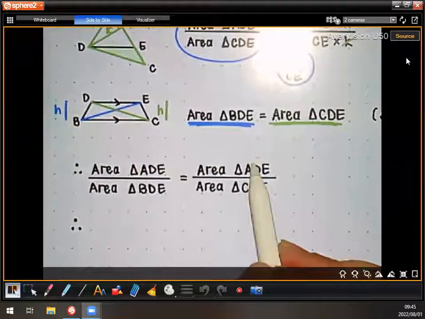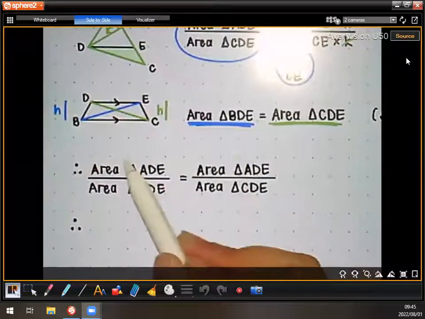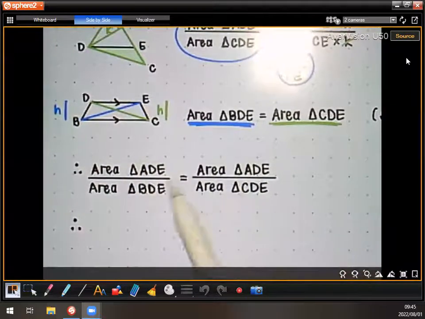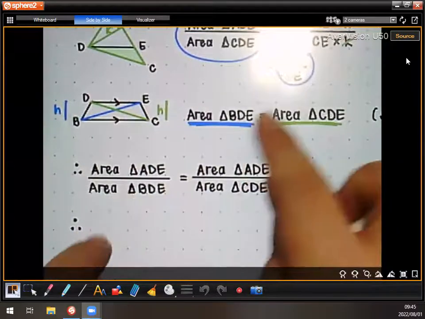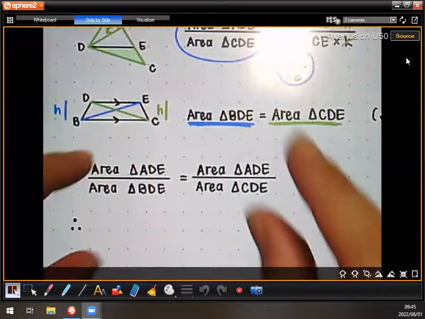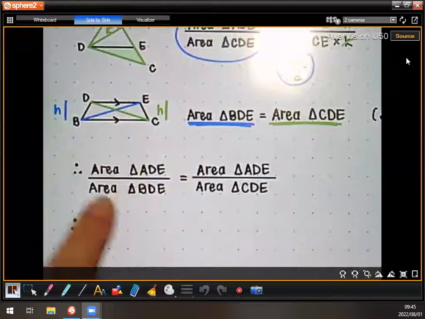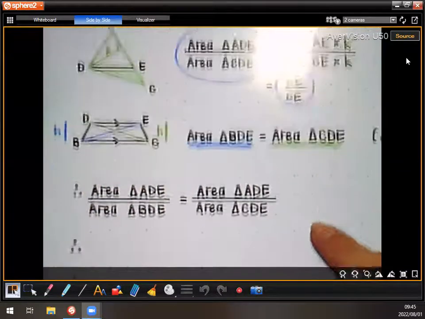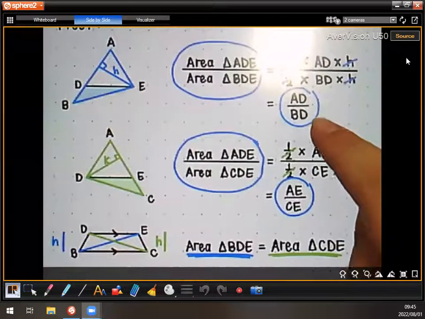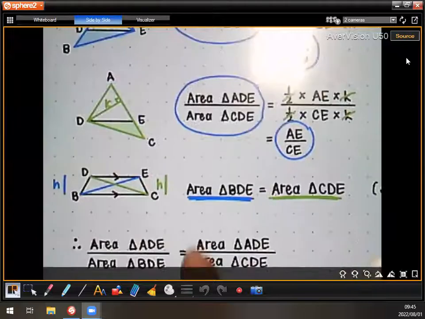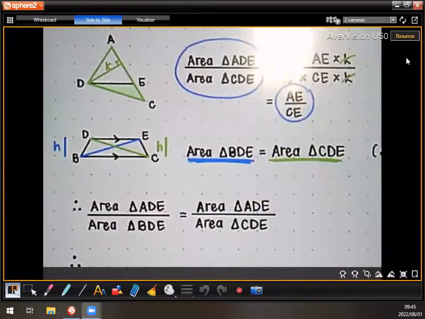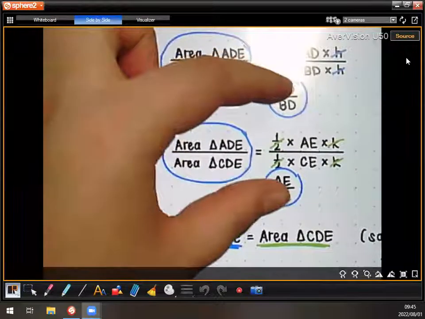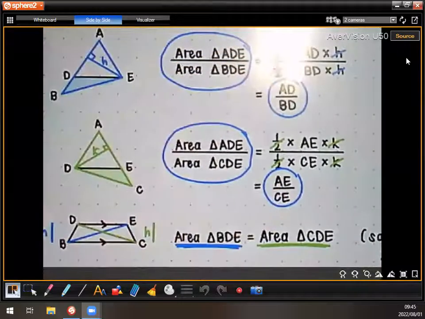Right, these two are equal because it's the same triangle. So your numerators are equal. And then we just showed now that these two triangles have the same height. Okay, so that fraction is equal to that fraction. And guys, what did I simplify this first fraction to earlier on? AD over BD. And what did I simplify my second fraction to earlier on? AE over CE. All right, so if these two fractions are equal, their simplified versions are also going to be